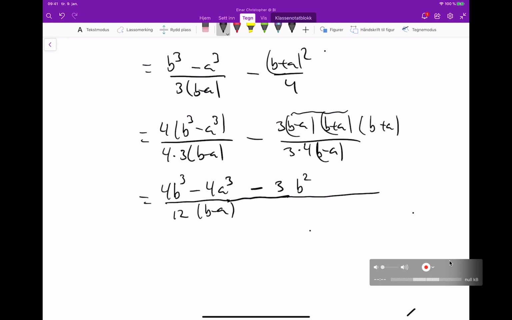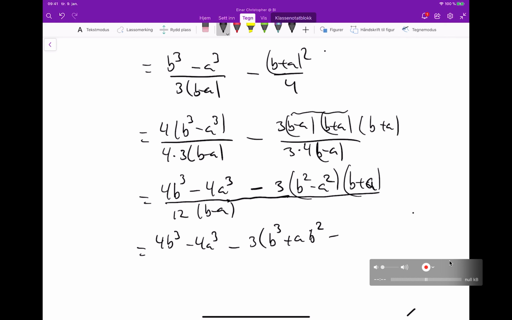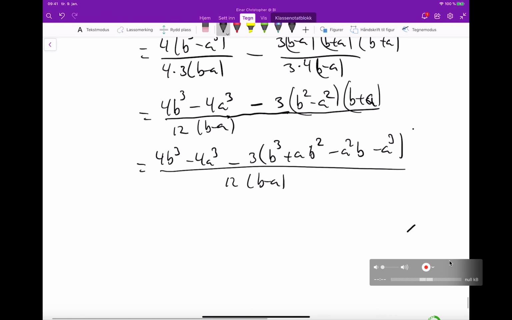And then this is 4b in third minus 4a in third minus 3 times b in third plus a b in the power of 2 minus a in the power of 2 b minus a in the power of 3 divided on 12 times b minus a, and then we just multiply this last 3 inside the parenthesis, and we get